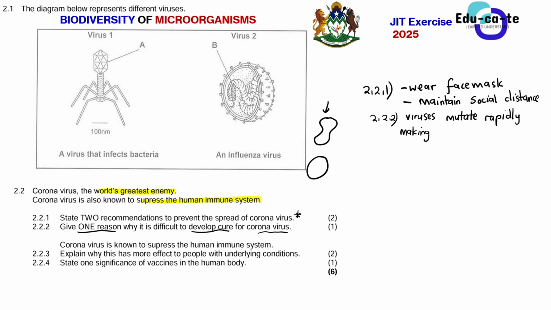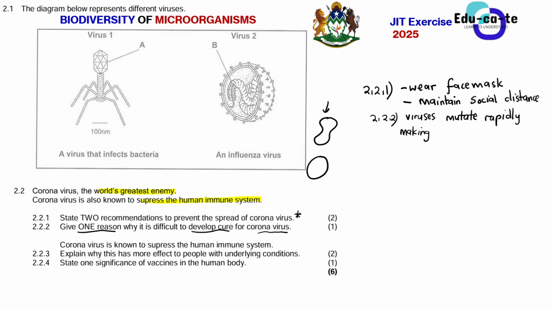Because as you can see, the virus is like this. It mutates quickly, easily, or frequently. So it changes its structure quickly. Okay, you are going to do the details when you go to grade 12, where you learn of DNA and RNA, where you learn of the genes and whatnot. But basically, in simple terms, I'm telling you that viruses, they do what?